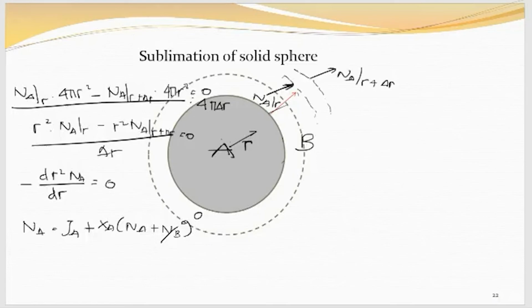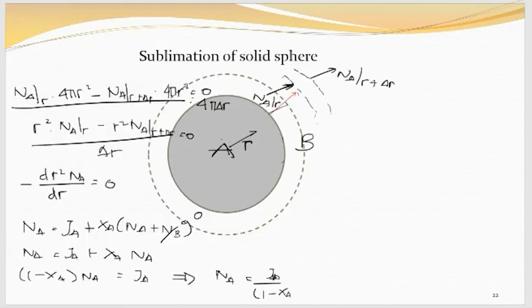So now what we have is NA equal to JA plus XA NA. And then we have 1 minus xa NA equal to ja. Then we have NA equals ja divided by 1 minus xa. Okay? Now substitute the ja with Fick's law. So now it will become